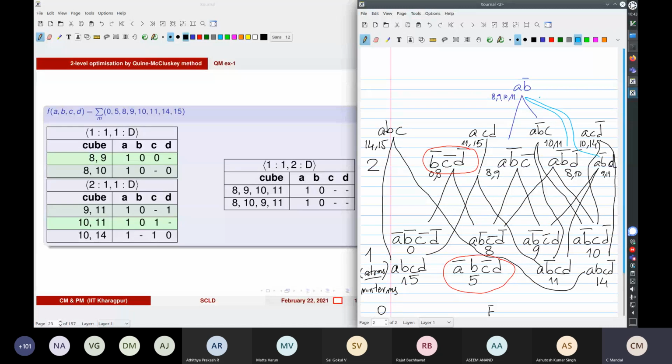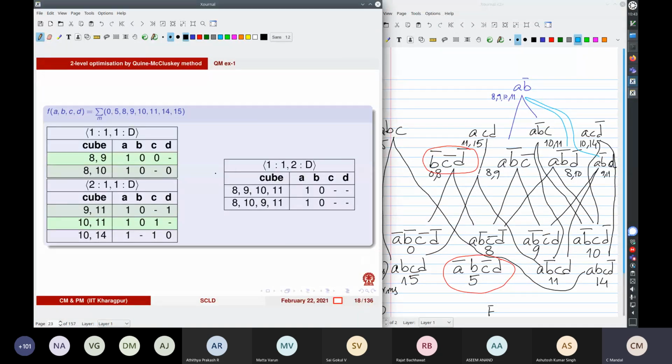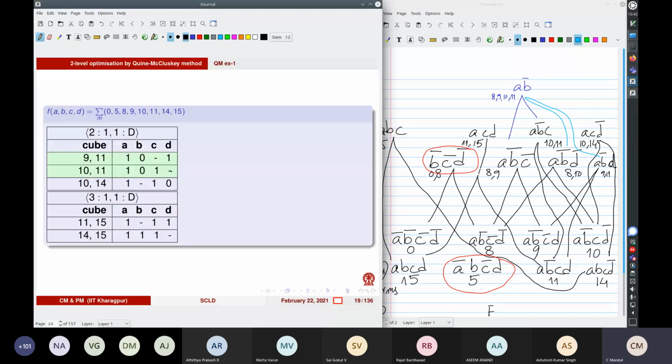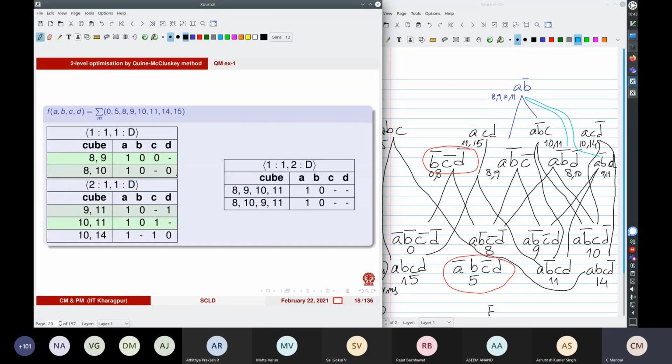This is a bit mechanical, we are just combining, so you are getting the same result actually. So let us move on. I think that's all you get. So these are cubes with